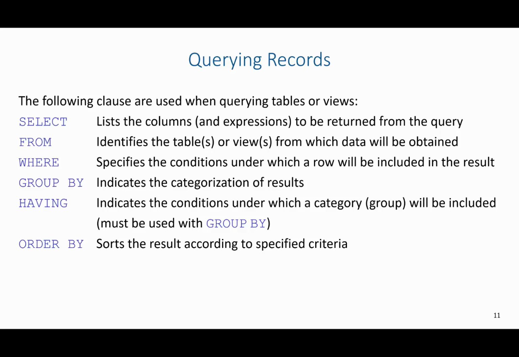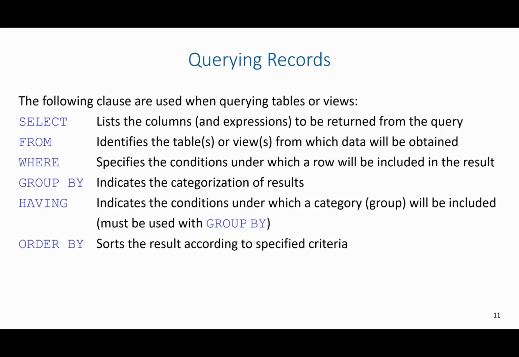There's the select clause, which is going to determine which columns are going to be returned in a query. There's the from clause, which identifies the tables or views from which the data will be obtained. There's the where clause, which is going to specify conditions similar to what we've talked about with update and delete